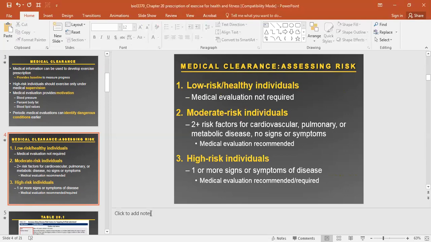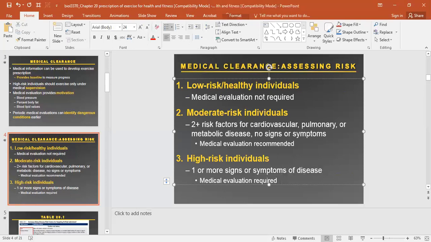After the medical clearance assessment has been done, typically those individuals will be monitored over time, but not closely. You get monitored closely once you're a high-risk individual, which is one or more signs or symptoms of disease. That's when a medical evaluation, I wouldn't say is recommended, but is actually required. So I'm going to go just like